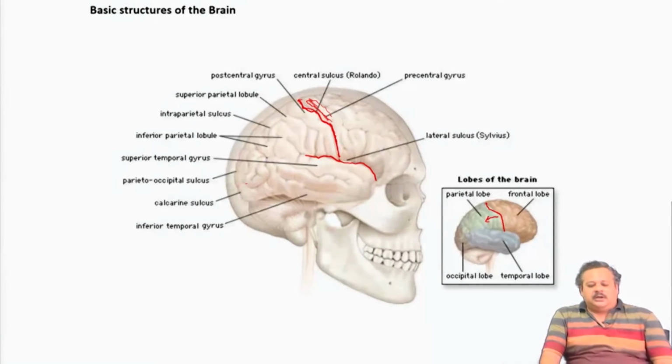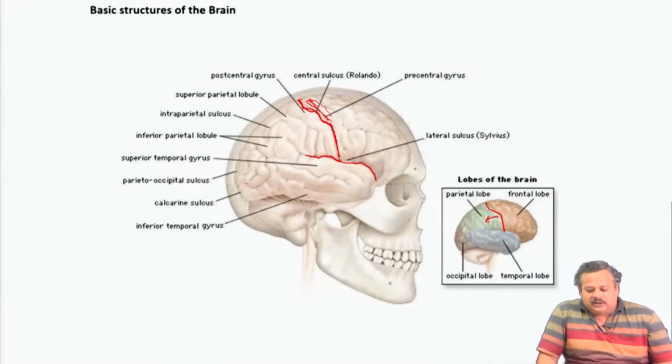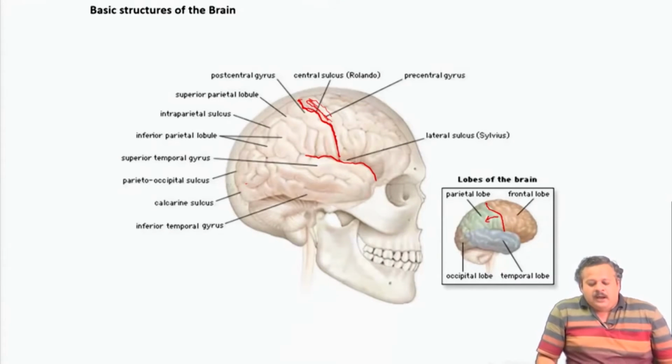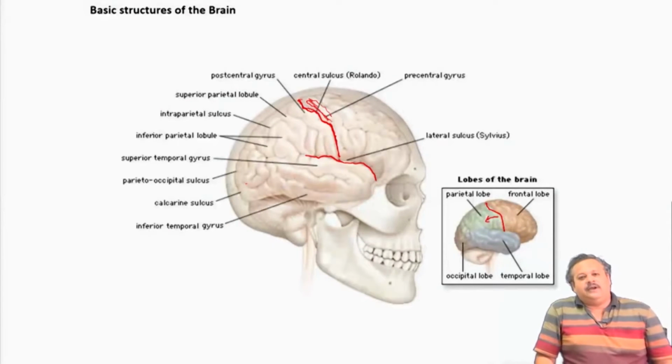Similarly, beside the postcentral gyrus, the region is a somatosensory input region, and then in the precentral gyrus there is processing of motor information and premotor information, beyond that on the frontal side. So, overall what we are saying so far is that if we look at the cerebral cortex or the cerebrum,